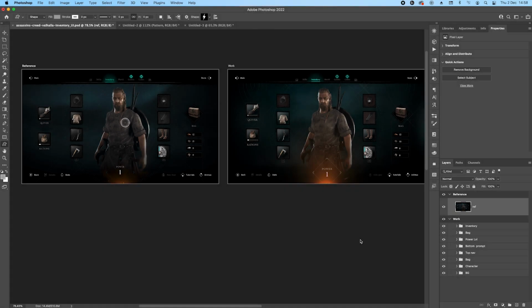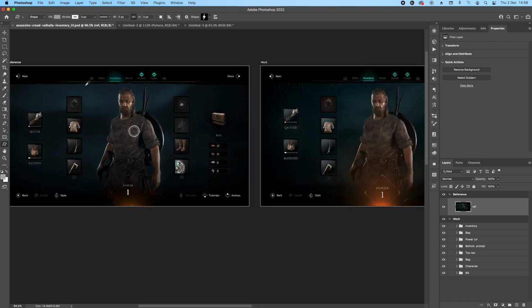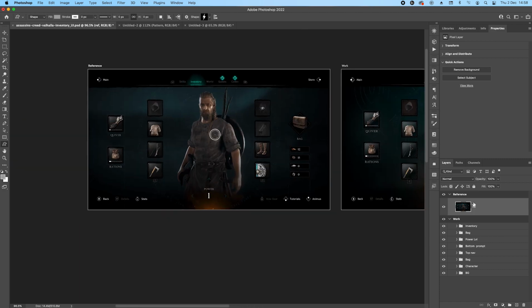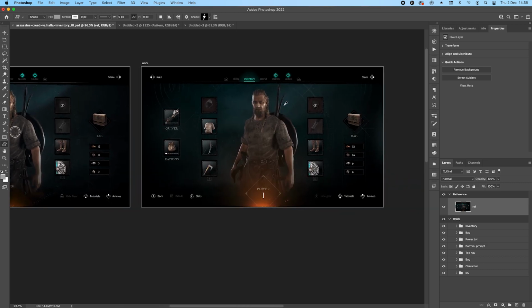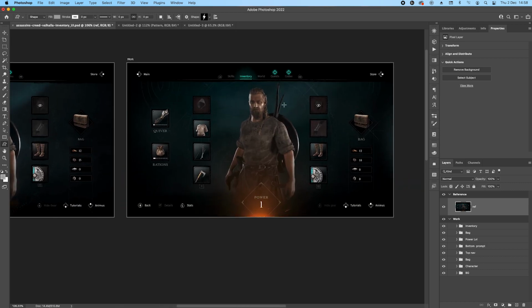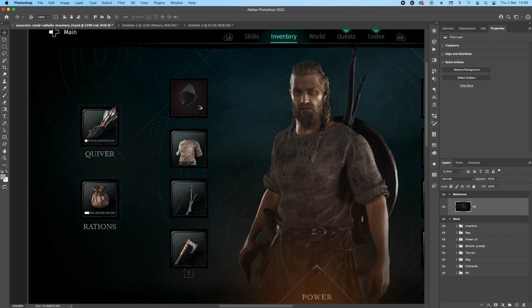Today we're back with another UI recreation video, and this time we're going to take a look at Assassin's Creed Valhalla and specifically the inventory screen. As you can see, I already set up my file and we got the reference artboard here and then the work artboard here. So this is a practice I've done not too long ago and I really enjoyed doing it, and I found some really cool techniques like how you achieve this kind of grungy